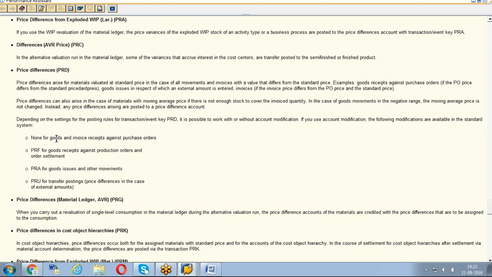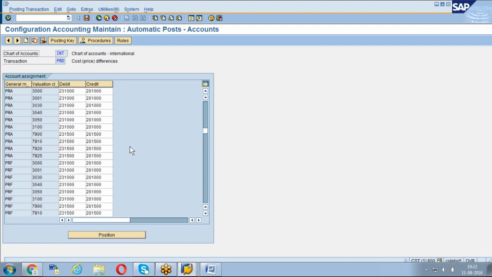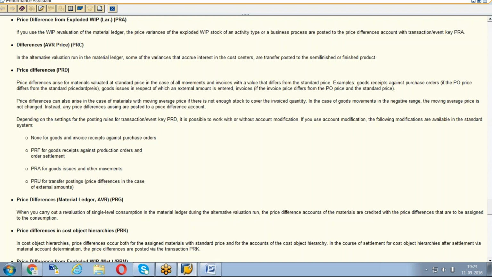There are four. One is none. None will come when you do the goods and invoice receipt against a PO. The system will take the GL account from this blank general modifier if you get price differences at PO goods receipt and invoice receipt time.